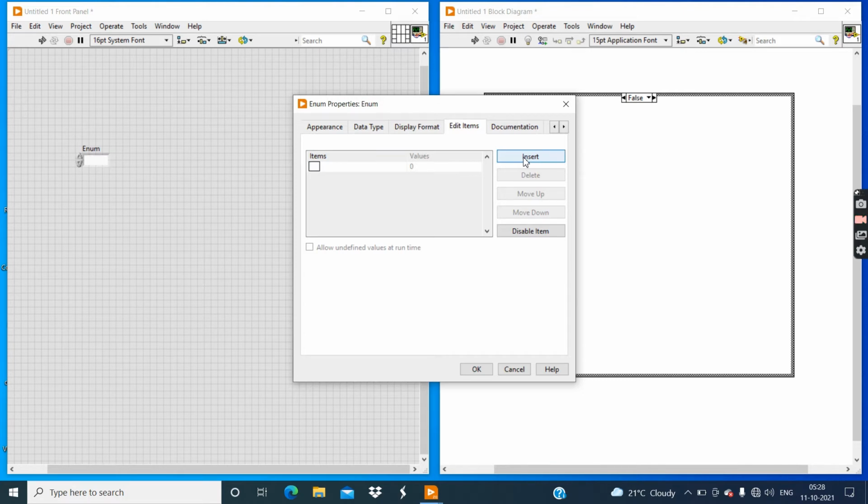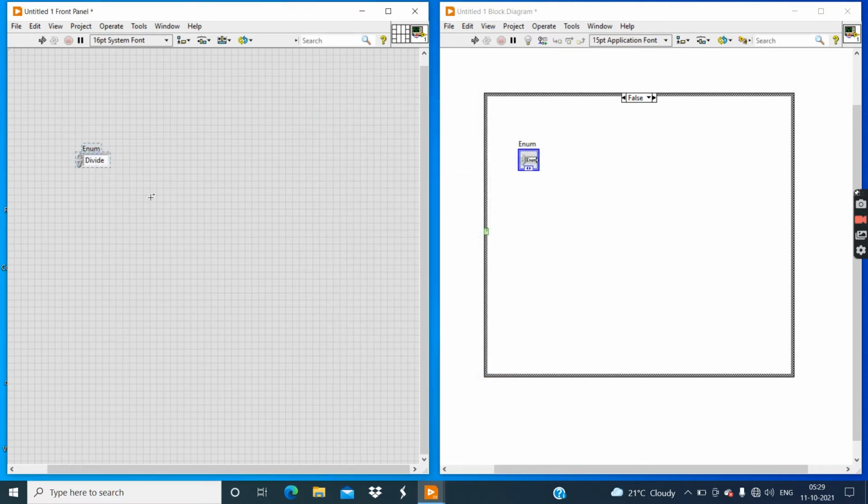We know the basic arithmetic tools: addition, subtraction, multiplication, and division. So right here add, then again insert, subtract, insert, multiply, insert, and divide. Then click on this OK button.